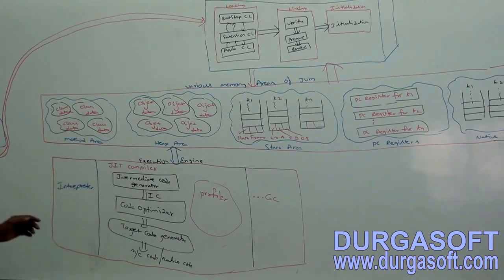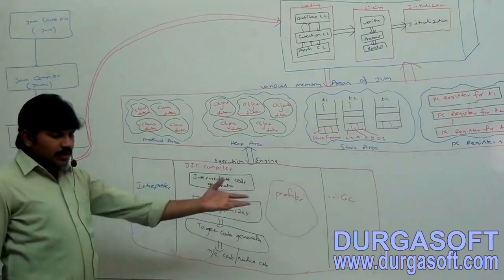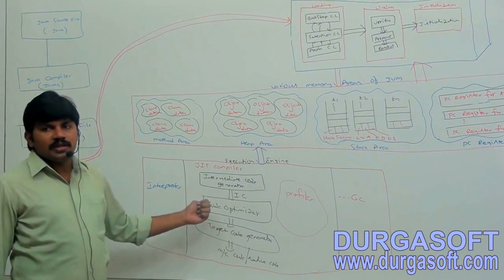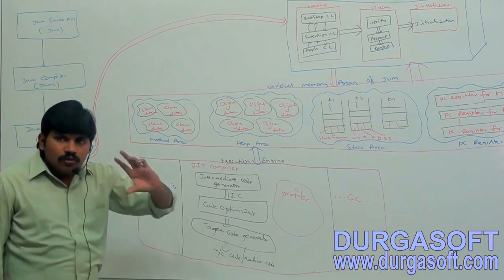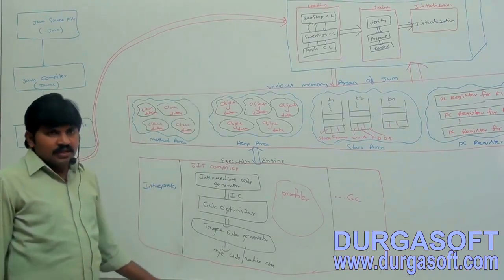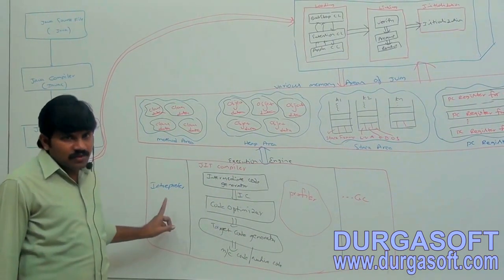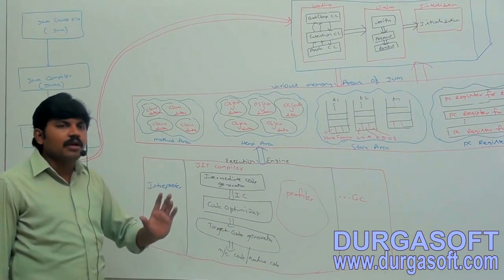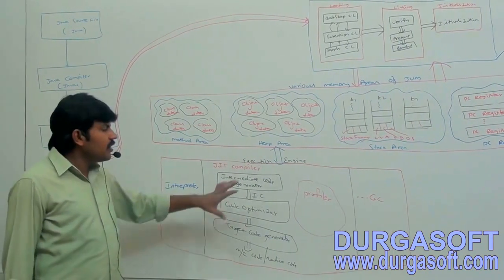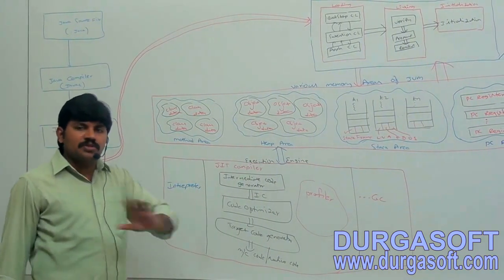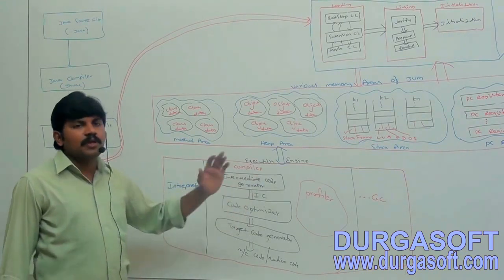The execution engine is the central component of the JVM, just like our CPU or processor. The execution engine is responsible to execute our program line by line, through the interpreter and then the JIT compiler. With the interpreter there is a problem: even though we call one method multiple times, interpretation is required every time. Instead of that, for a repeatedly required method, it is better to generate machine code directly only once. Next time, without interpretation, we can happily execute.